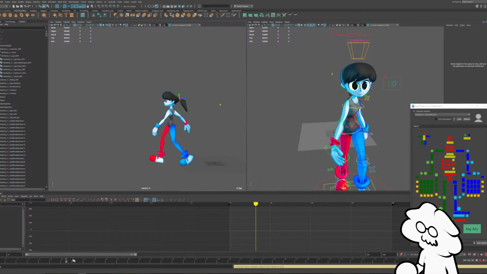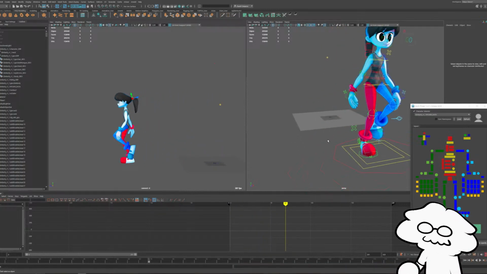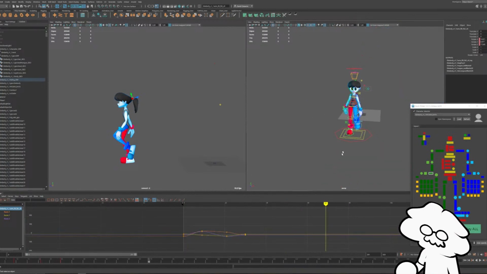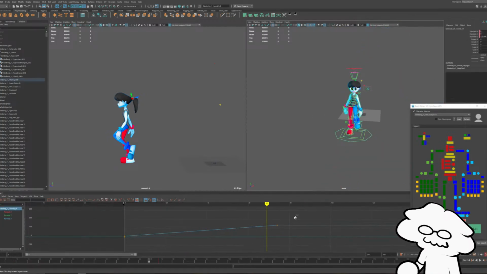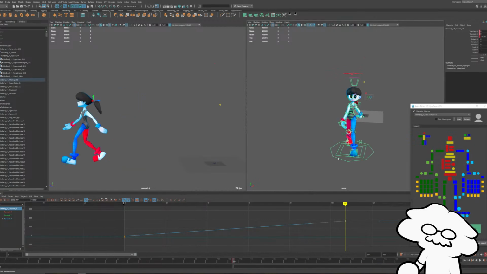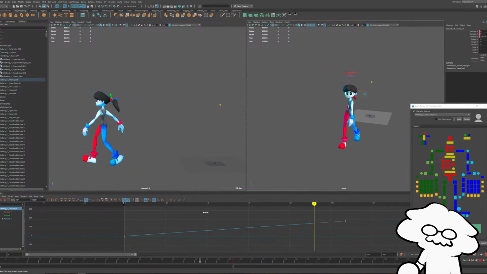Yeah, at certain angles it does look a little stiff. You know, the hand is turned inwards too much. Let's have her walk a bit more forward.